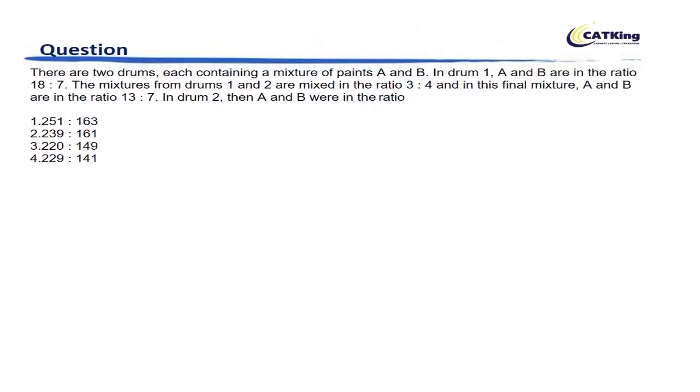What I'm trying to say is, what's the concentration of A in drum 1? The concentration of A in drum 1 is 18/25. A and B are in the ratio 18:7, so the concentration of A is 18/25. That's the fraction in which A is existing in drum 1. I am just considering A because the other one is sorted accordingly. If you increase one part, the other part reduces proportionately. So 18/25. Drum 2 we don't know, that's x. That's the number we want to find out.